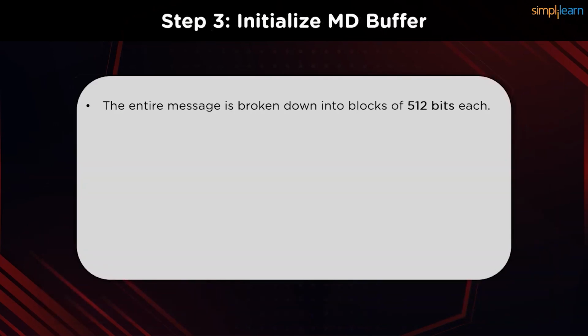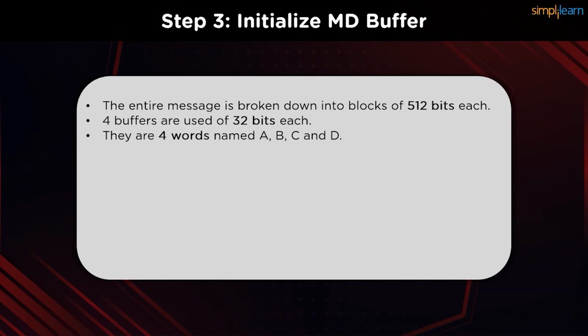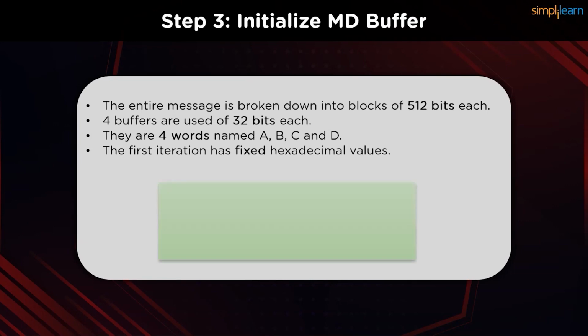The next step would be to initialize the message digest buffer. The entire hashing plaintext is now broken down into 512-bit blocks. There are 4 buffers or registers that are of 32 bits each, named A, B, C, and D. These are the 4 words that are going to store the values of each of these subblocks. The first iteration to follow these registers will have fixed hexadecimal values as shown on the screen below. Once these values are initialized,